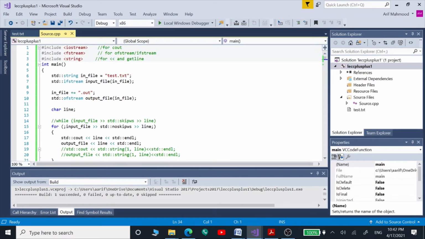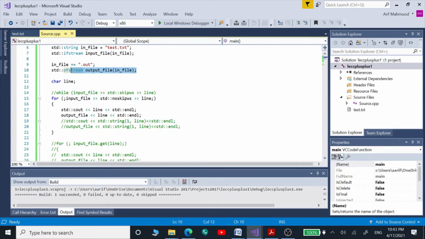This is our C++ program on the same pattern. Here in this main function we have, on this line, given the name of our input file, and here we are going to open that input file to read out its contents. Here we have given the name of our output file, and we are going to open that output file using the ofstream.